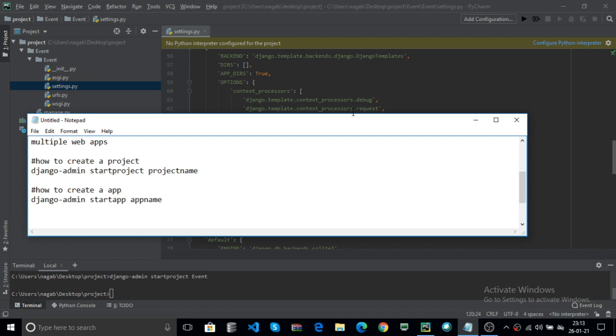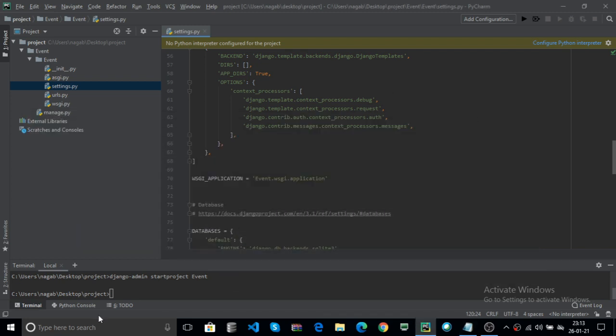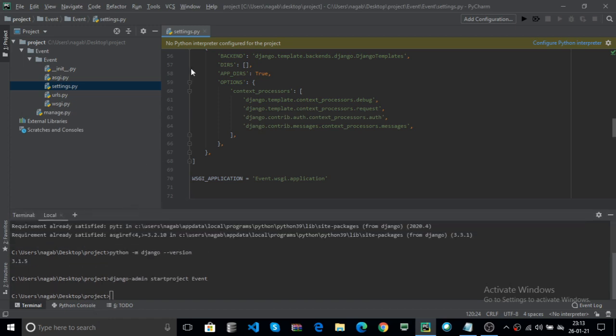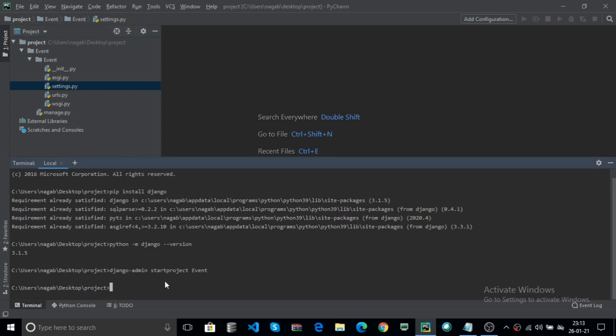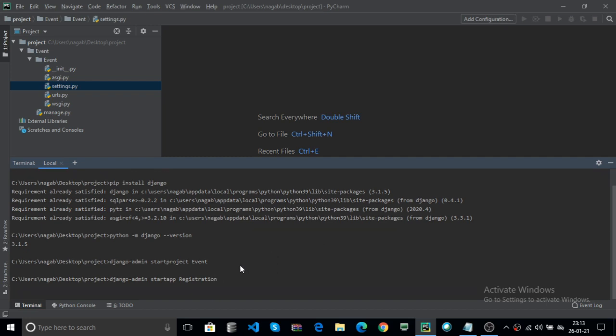Now create one app. Here you can use django-admin startapp with the app name, for example, registration. Now hit enter.